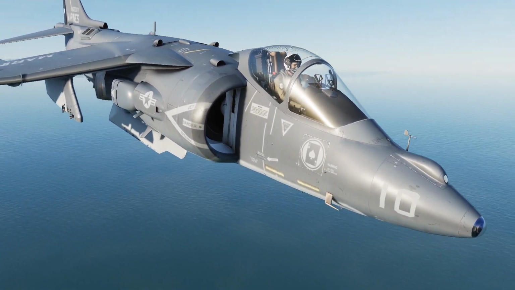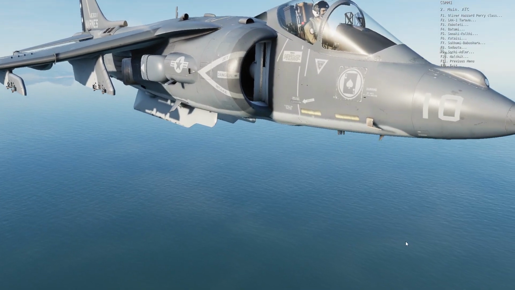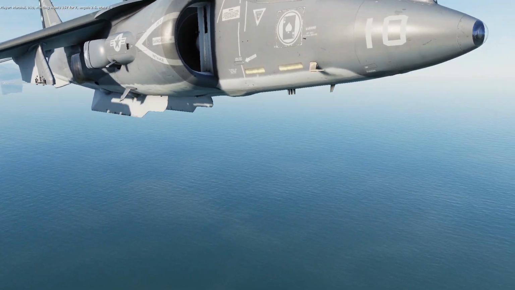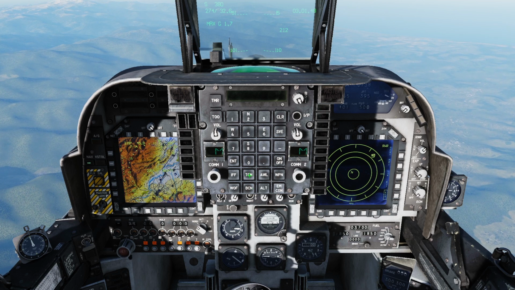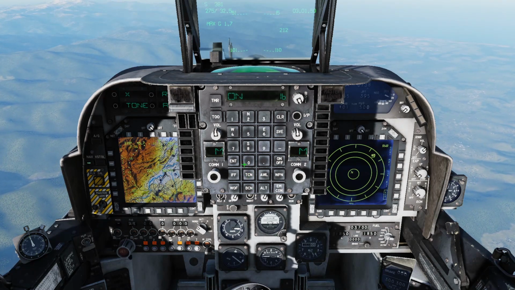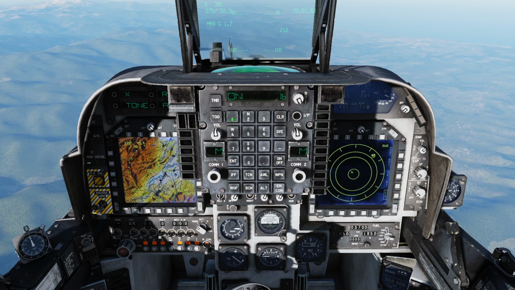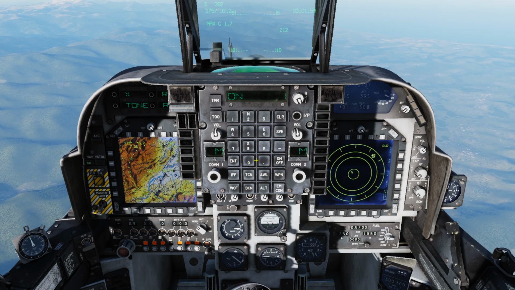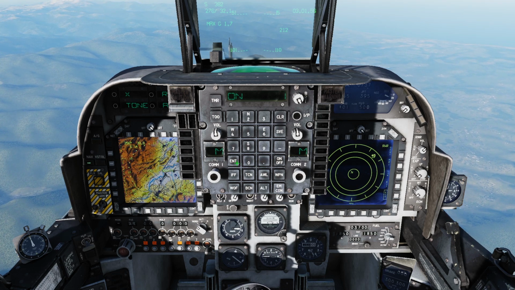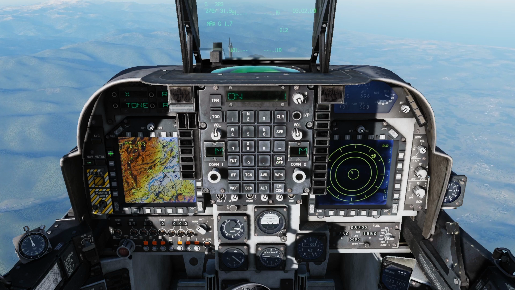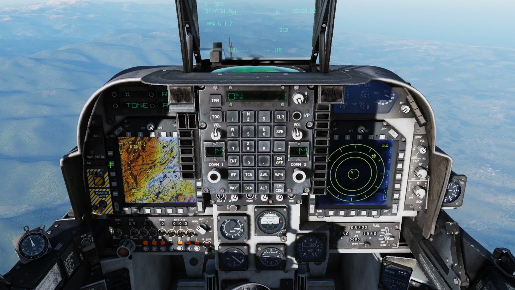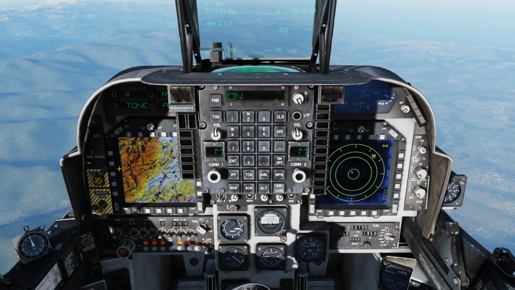You can find the TACAN and COM information in the briefing information or knee boards if available. Enter the TACAN information by pressing the TCN button on the up front controller or UFC, entering the TACAN channel with the number keys, and if ON isn't already displayed, pressing the ON/OFF button. You should also ensure the options on the option display unit to the left of the UFC match the TACAN